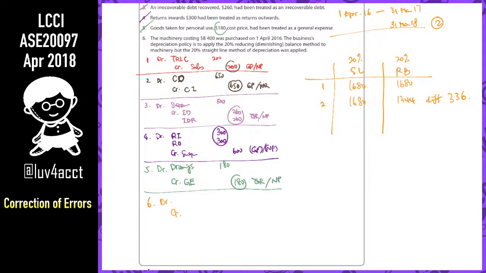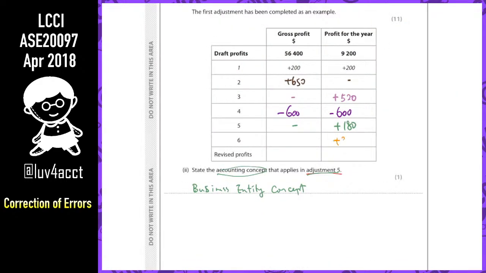Reduce depreciation: we have depreciation expense here, and then allowance for depreciation here, 336. Here, credit, because we have charged more depreciation than needed, not related to gross profit. But then it will add to net profit, 336. So we have finished now. We will calculate the total.